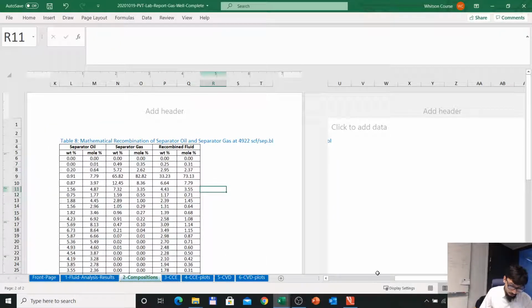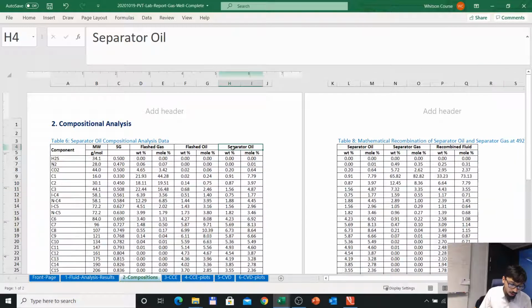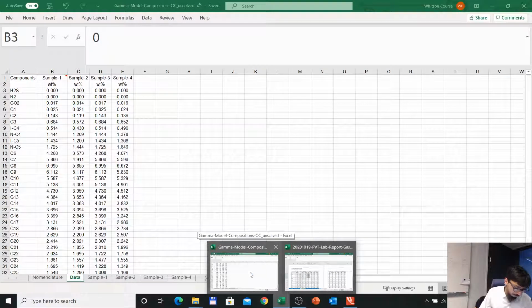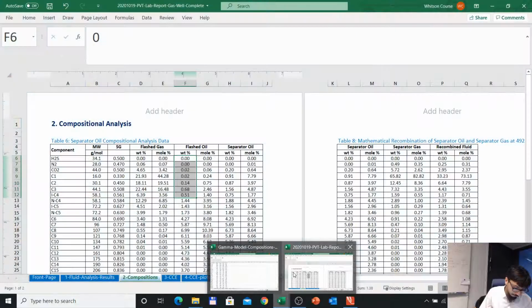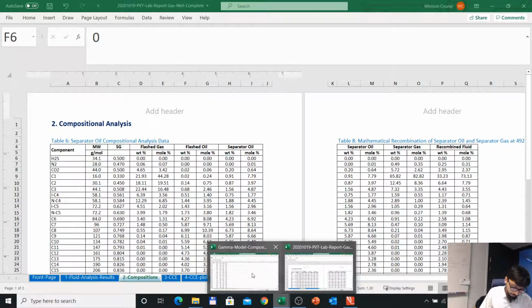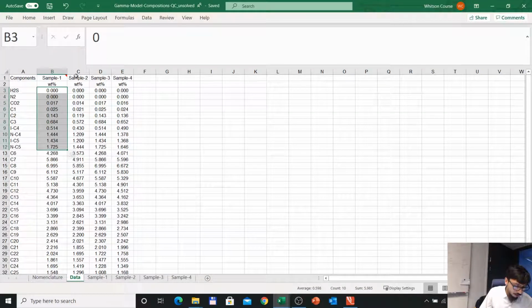Okay, so when we are on the compositions sheet, and then if you go on the left, you see we have a separator oil, and the separator oil has flashed oil and flash gas. So this is the composition that we have there in the Excel spreadsheet for sample one. Okay, so we go back. Yeah, so that's the composition here for sample one, and then we have three more samples, sample 2, 3,